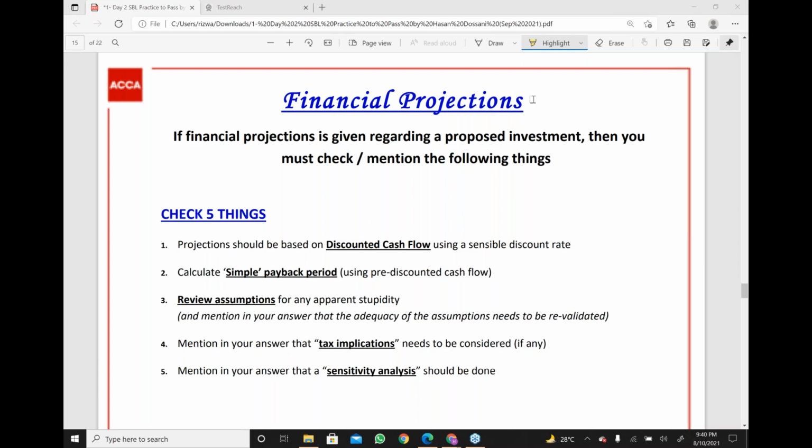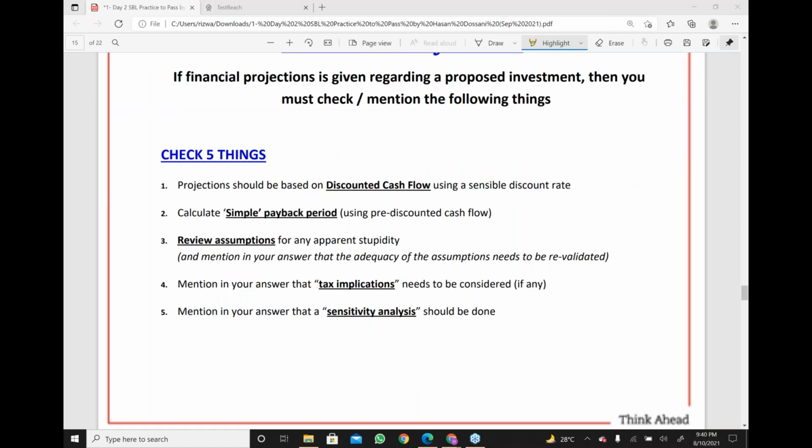Yes, very good. So basically what we do is we just look at some basic things, like what I do when I look at projections. I will share my secret checklist. As I said, I look at a lot of projections, so I have my own checklist as a CFO of what I need to look for. The first thing I will always look for is that the projections are based on discounted cash flows. There is no concept of anything other than discounted cash flow. It has to be using the method of discounting cash flow, and the discount rate should be a sensible discount rate,